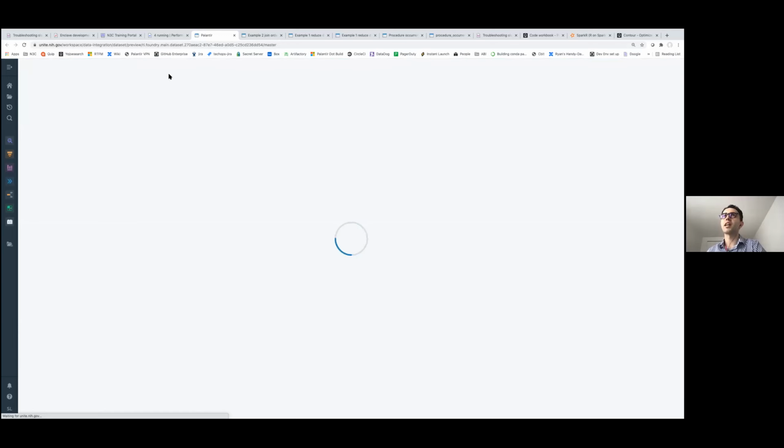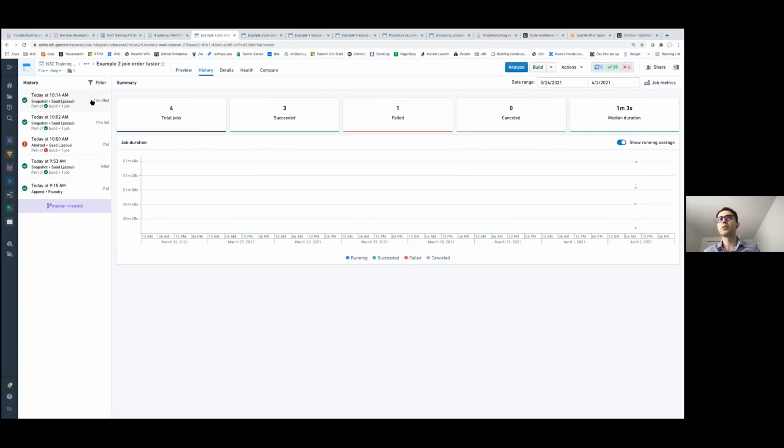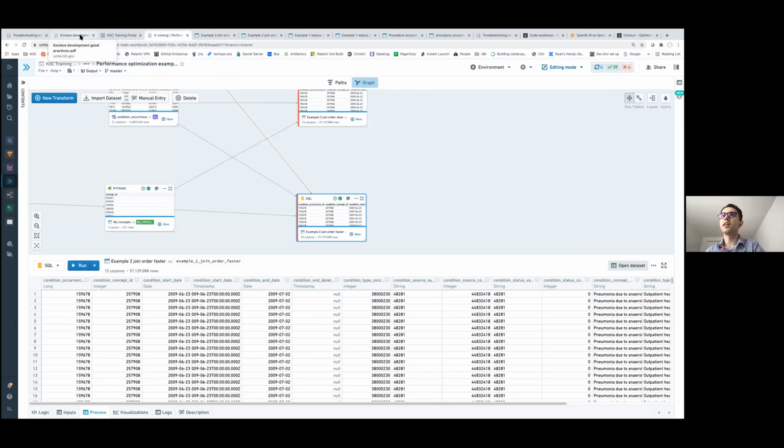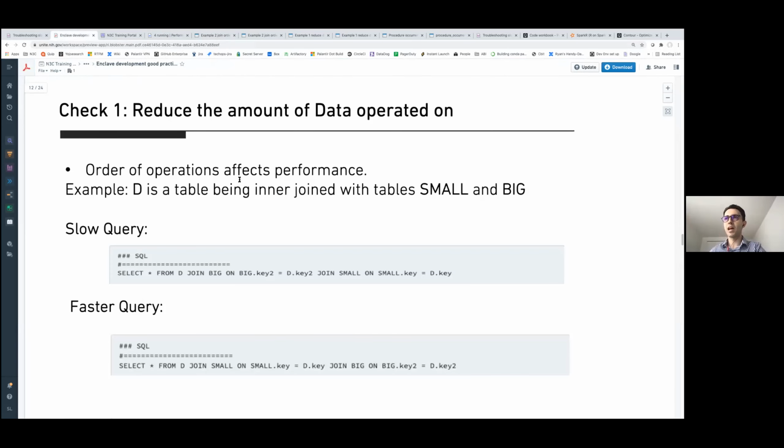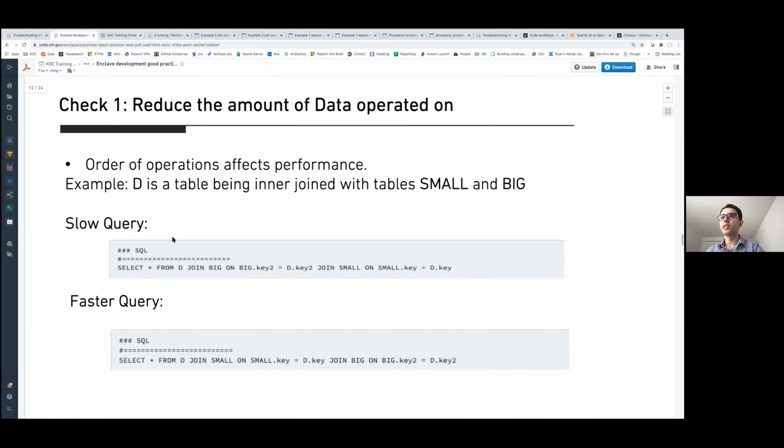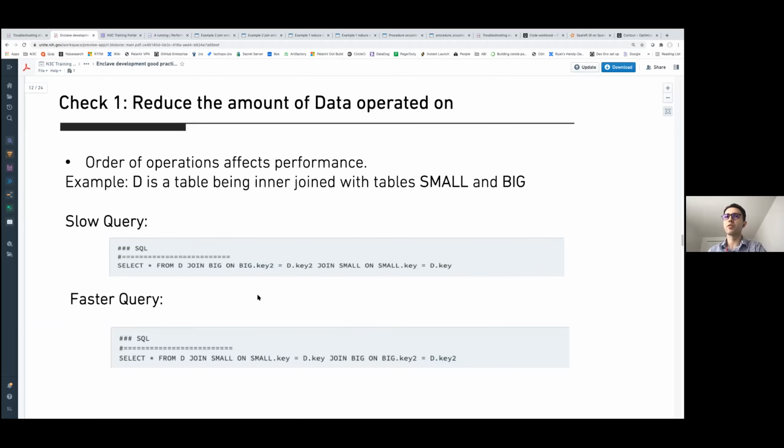If we check the runtime, it should be much better. So this one was only 1 minute. And so again, when we start dealing with more complex operations and larger data sets, this difference becomes bigger and matters. And so the key takeaway here is the order matters in performance, and doing things like first joining with a small data set to get a smaller intermediary data set before performing subsequent joins helps the performance.